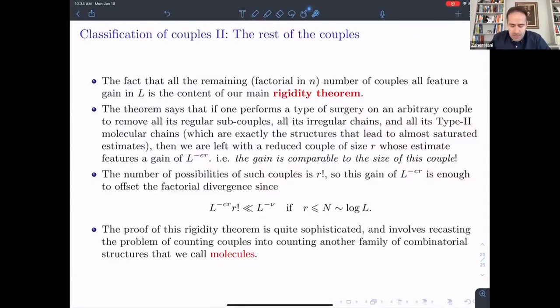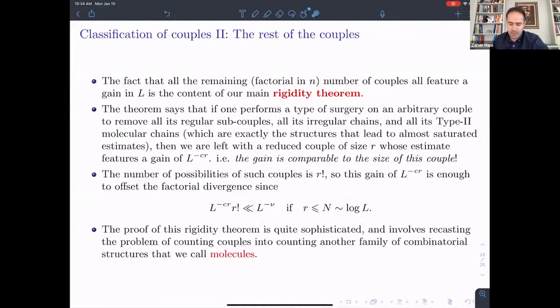So why is this good? The reason why this is good is that the number of such couples that have a gain L to the minus CR is R factorial. And this L to the minus CR is exactly enough to offset the factorial divergence, because L to the minus CR times R factorial is less than L to the minus nu whenever R is less than a logarithm of